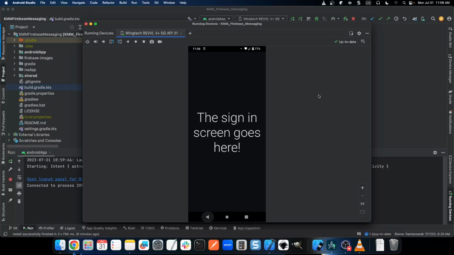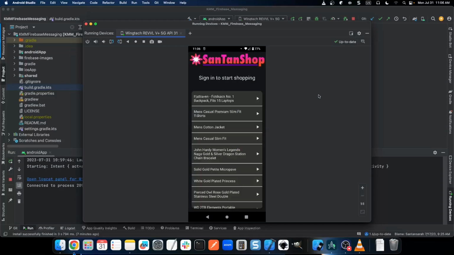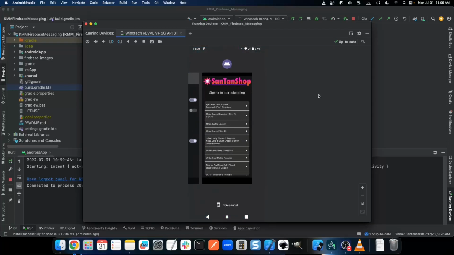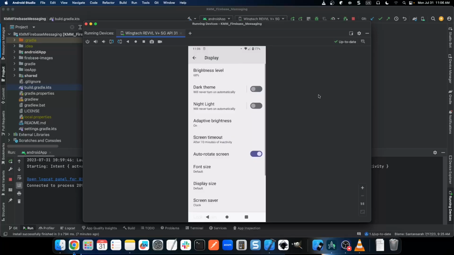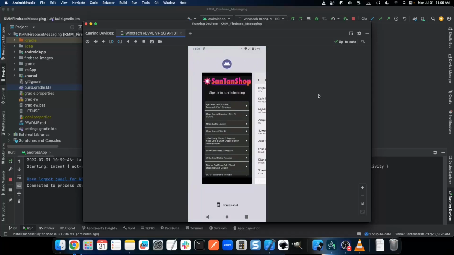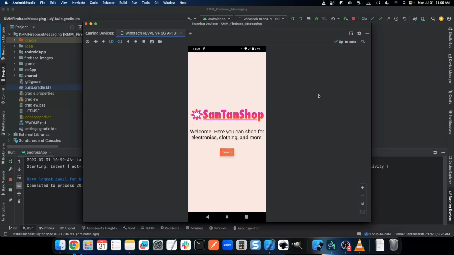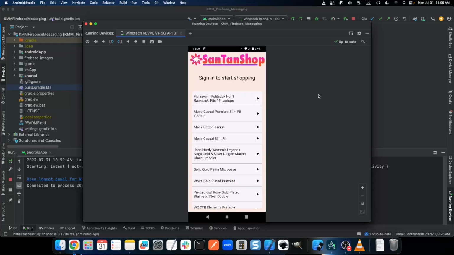So let me go back out of that, and we'll go back in here to the home screen, and now you can see that it doesn't actually prompt again. It's only going to fire off once for the app, and that's a setting that you can do in Firebase. And now here I also have the dark theme applied, and if I go back to my light theme, there we go. I'm back to my light mode, and all of this is set in my composable,